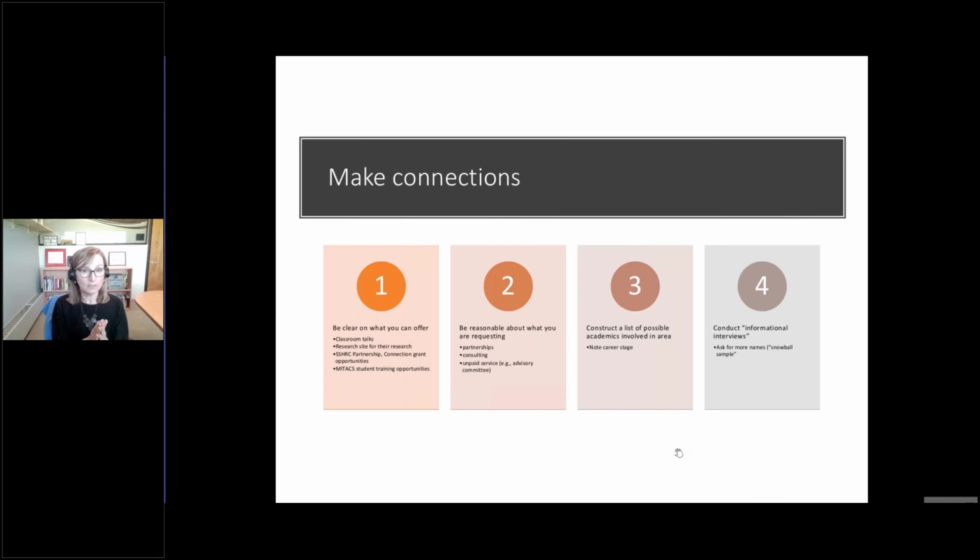I'm not saying not to approach anyone who's an assistant professor. They might be completely excited by this, but if they're not, don't take offense. It's just everybody's got their own priorities that they have to deal with. And then the last thing I'd say is once you know who you want to talk to, you know what